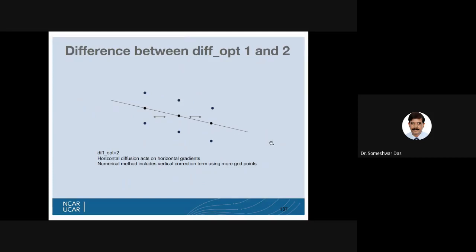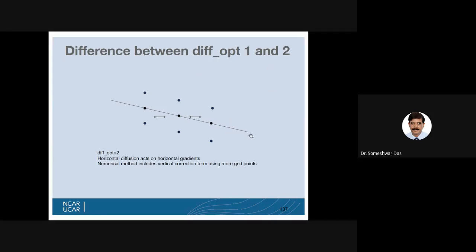And you chose option 2 for the diffusion option, as you selected as 2 in the namelist. In that case, it will also take into account the horizontal gradients here, because this sigma surface need not be horizontal, as you know, because it has to follow the topography.